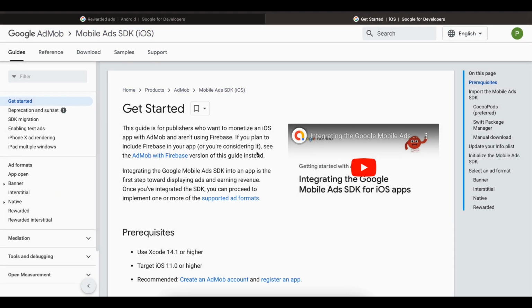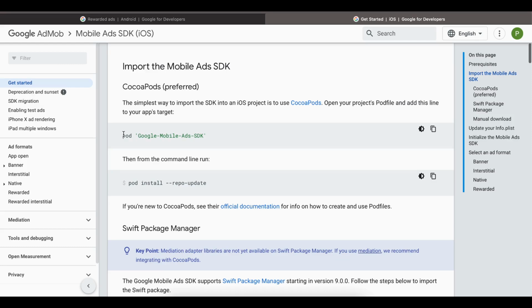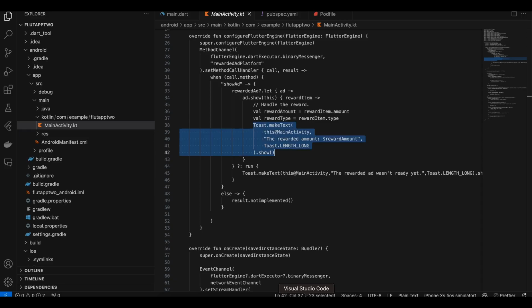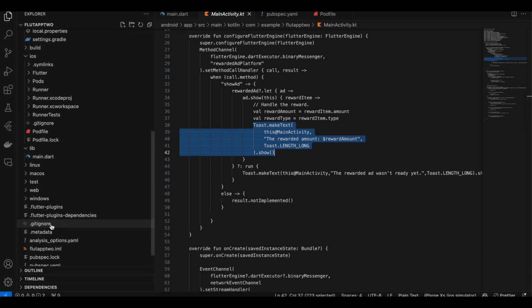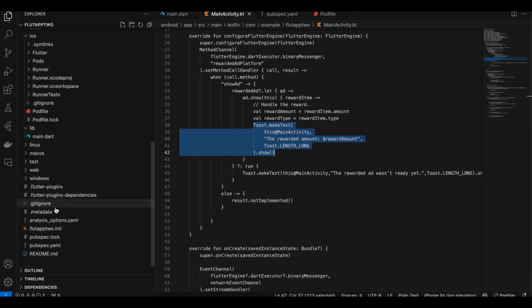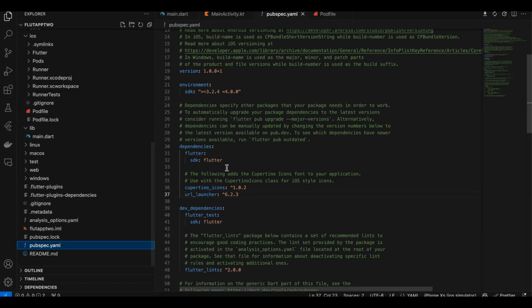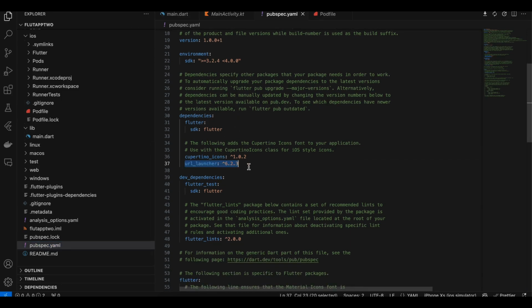Now for iOS, first we have to install this pod. By default, Flutter projects do not have this pod file for iOS. So as a workaround, what I did was, inside my pubspec.yaml, I added this dependency, url_launcher. This is not really needed, but what this does is it automatically creates a pod file for us inside the iOS folder. For a production app, you might be using some dependency from pub.dev, so you will automatically have this